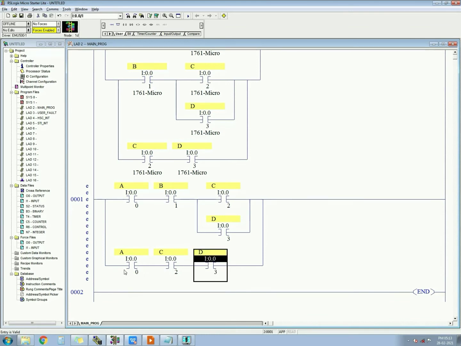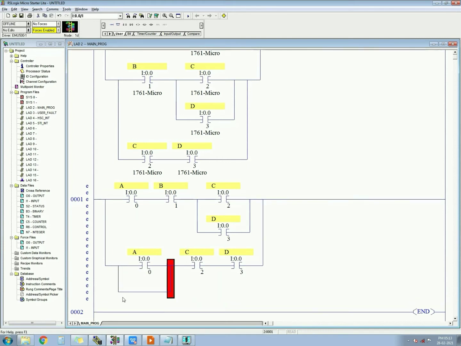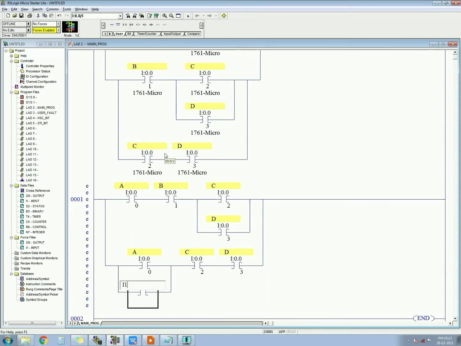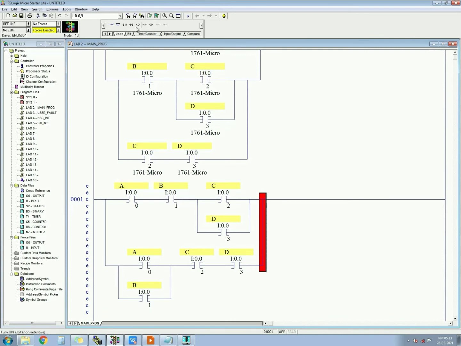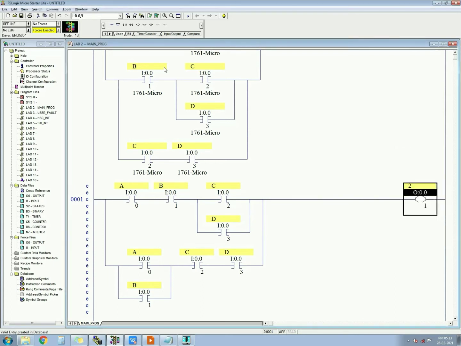And for BCD, CD is common, so I will not repeat CD. I will take a parallel, B parallel to A. So I1:0.0/1, this is BCD. And take an output, that is output number 2, O0:0.0/1. Okay, it is 2. So okay, let's check.